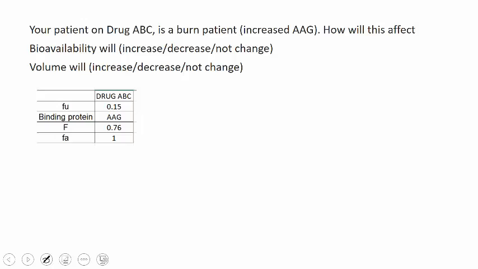How about drug ABC? If we give drug ABC, which we know is highly bound, it's 85% bound, isn't it? If our fraction unbound is 0.15, and it's highly bound to AAG, so it's a substrate for AAG. It's also got a bioavailability of 0.76 and an FA of 1. So if our patient is a burn patient and has an increase in AAG